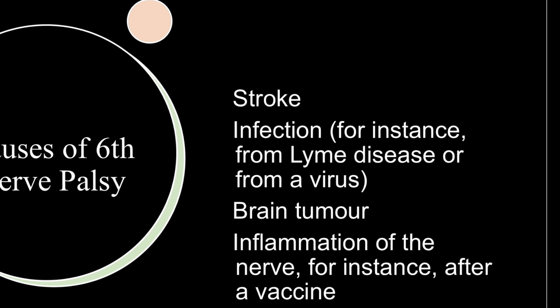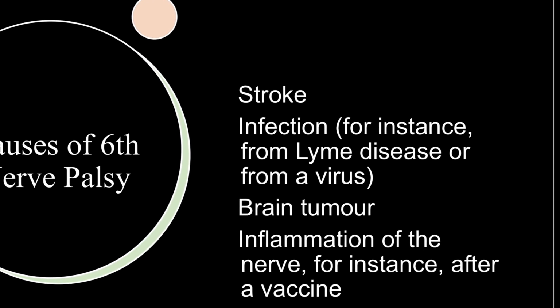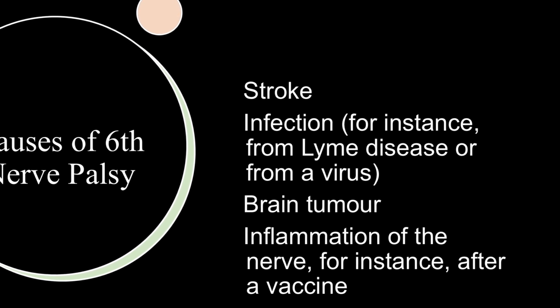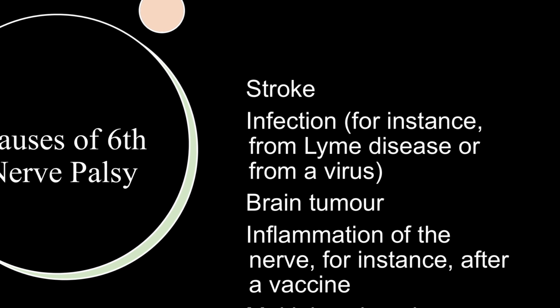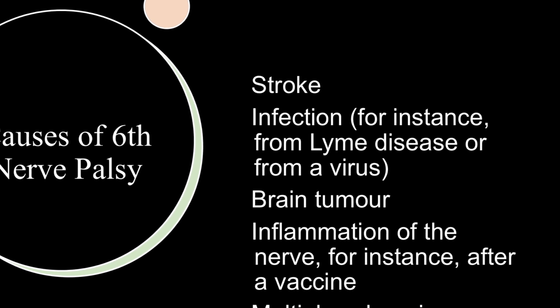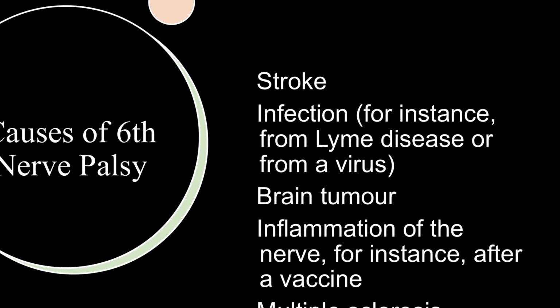In many cases, this could be from elevated pressure because of the way the sixth nerve travels from the pons all the way to the lateral rectus muscle. This could also be a stroke or an inflammation of the nerve, for instance, after a vaccination, or a brain tumor. So it is imperative to request a scan and blood